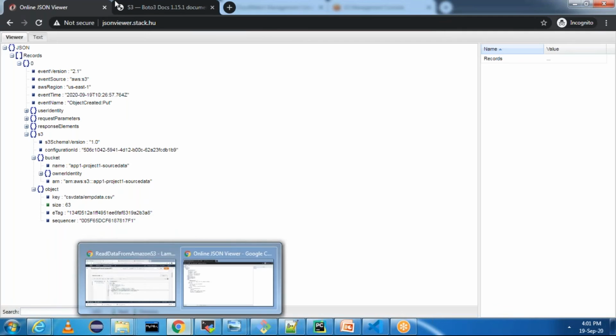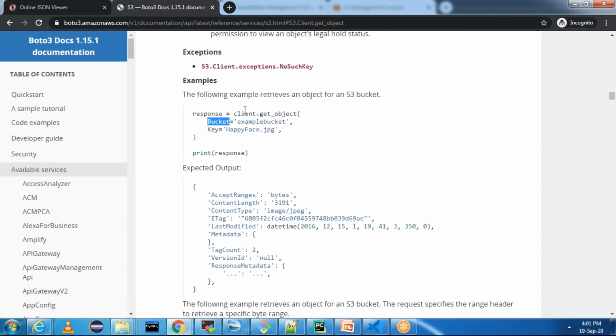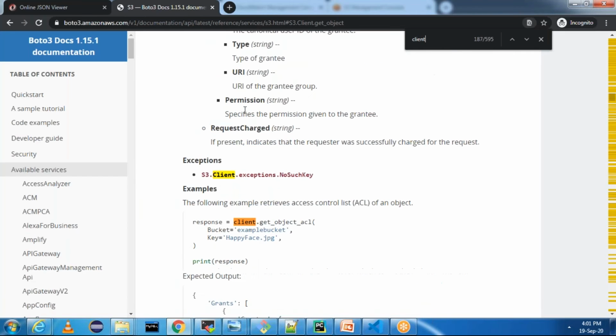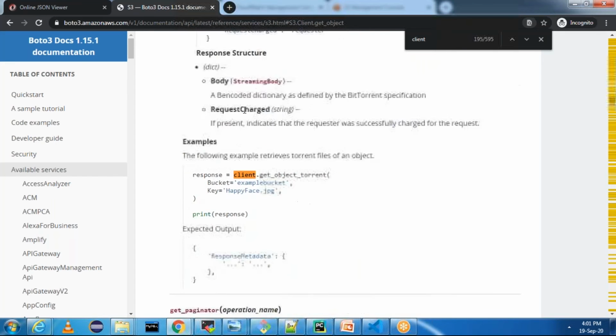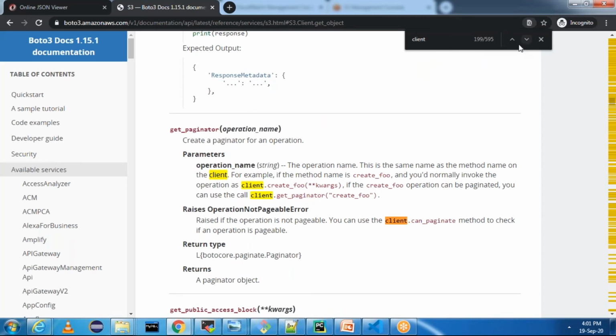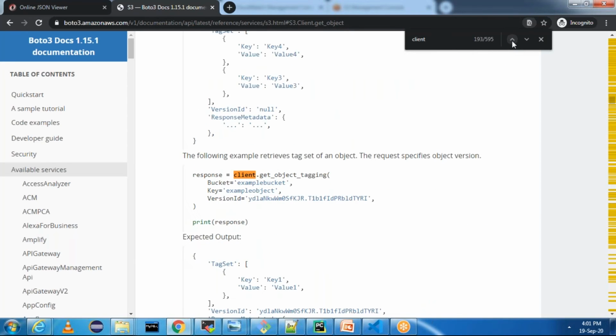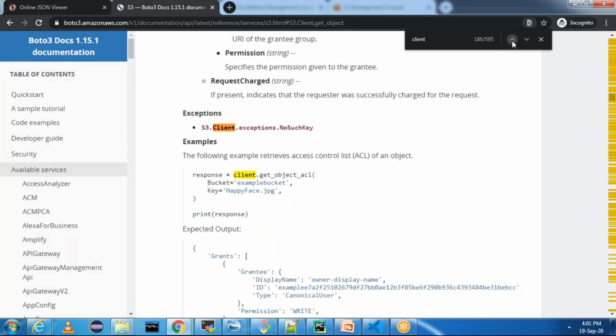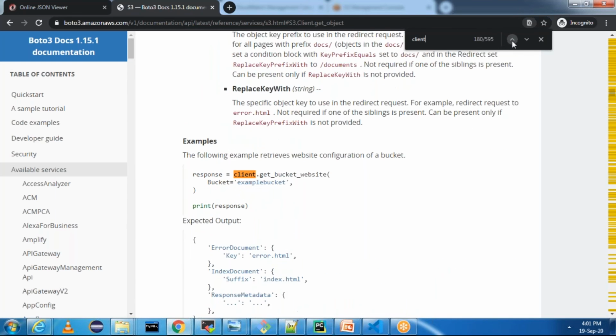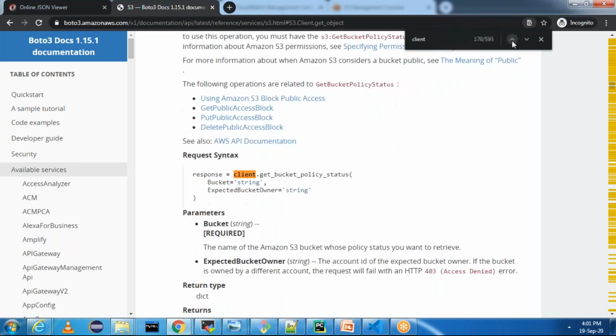But to access that, we need a client object. And how are we going to create the client object? Let me go up, and I'll show you how this client object is created. The client object is created using boto3.client.